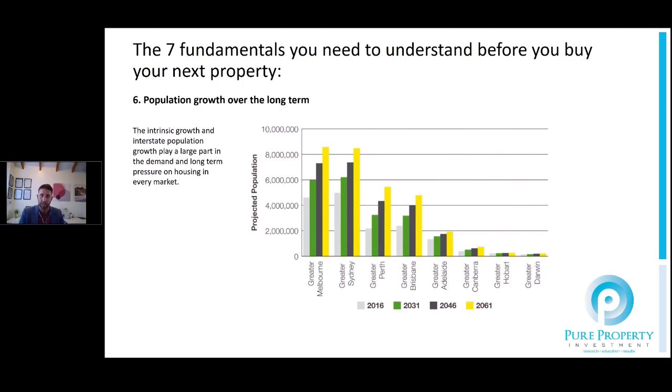Hobart's a little bit more naturally created a bit of an amphitheatre where there is very little availability within Hobart itself. So you can only go further out down the Derwent, probably down towards Brighton, which might mean that down there there's more spread land, but closer in, there's going to be relatively moderate population growth, but they do have a natural restriction of land that can be developed, which is probably going to feed into its favour over the next 10 to 15 years. But Darwin in particular, focusing probably only on the inner city areas, and even then I'm personally not that big a fan of it, just due to the fact that the demand over the long term is probably not going to be there.